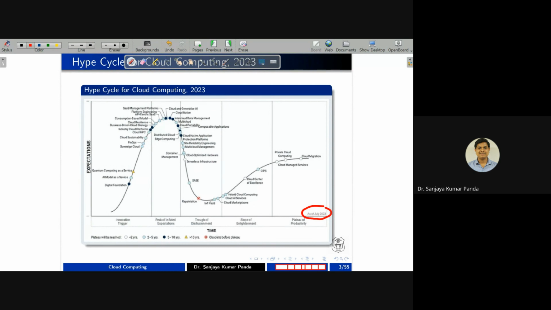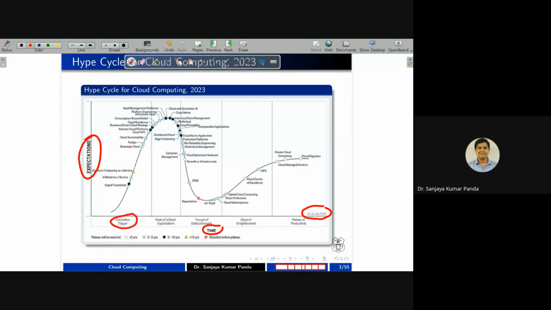If you closely observe this hype cycle, you can see on the x-axis we have time and on the y-axis we have expectation. So it says that over a period of time, what we can expect from a particular technology. Like every human being has a life period, starting from birth to death, and we go through various phases. Similarly, every technology also passes through 5 different phases. You can see these phases.